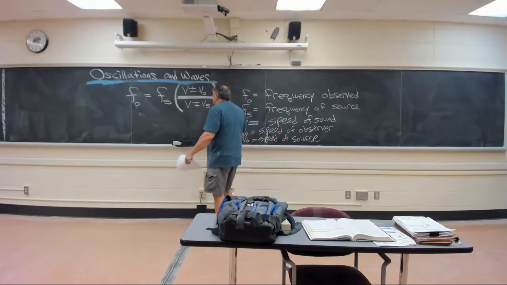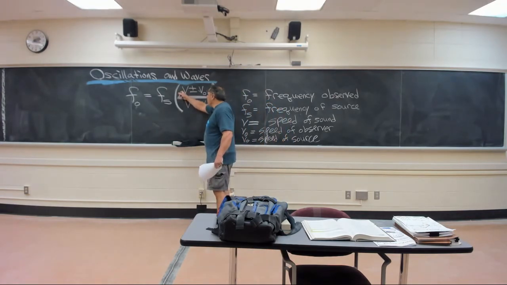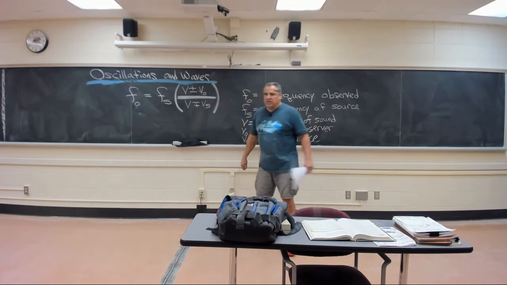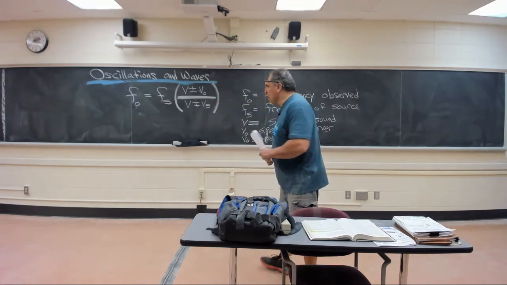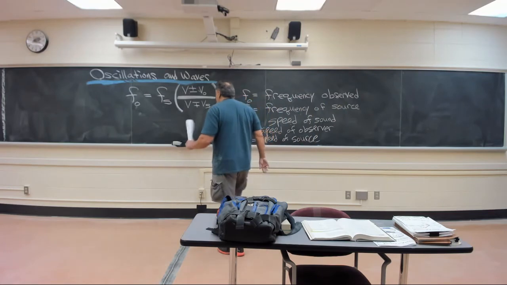The speed of sound in the particular medium under consideration, plus or minus the speed of the observer, divided by the speed of sound in the particular medium under consideration, the same medium as it was here, minus plus the speed of the source. What is going on here? What's going on is this. I'll tell you,